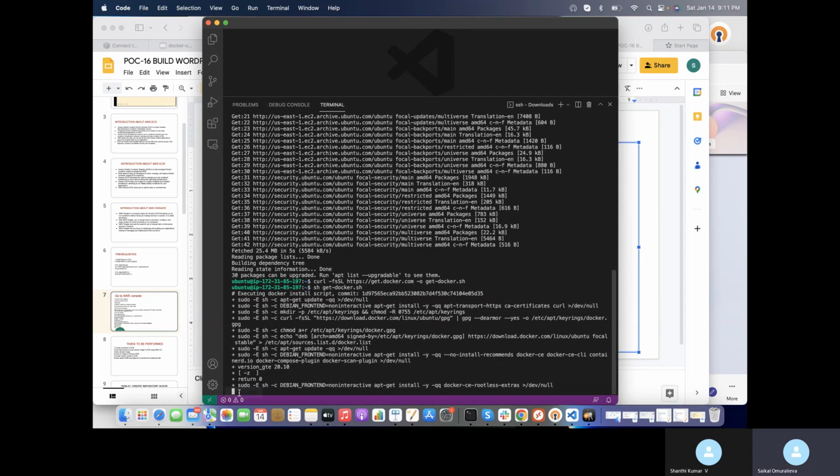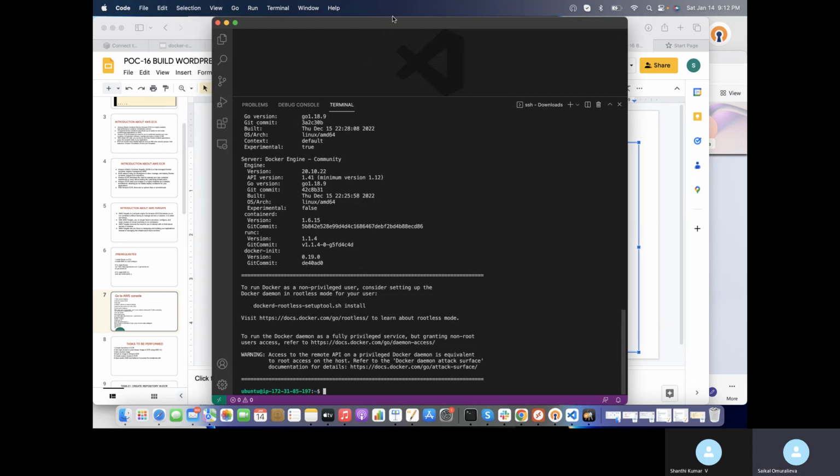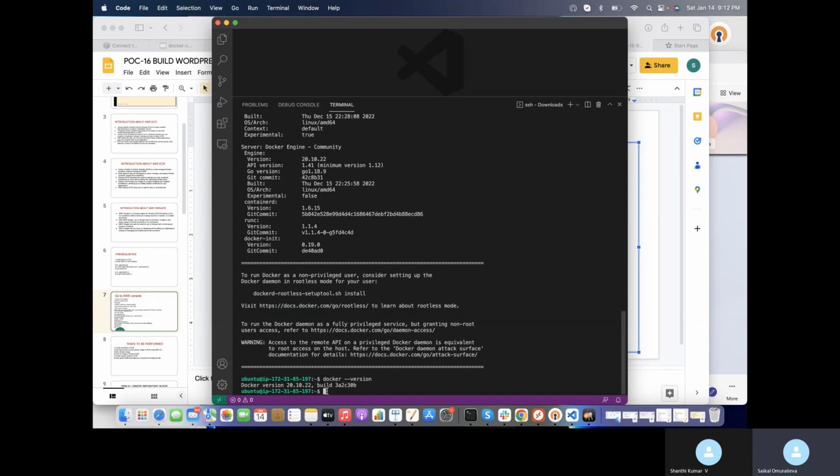Yes, it takes some time. Let's wait. Yes, it successfully executed for me. Now I want to check the version. Docker --version, and my Docker version is 20.10.22. After installing Docker, I want to install